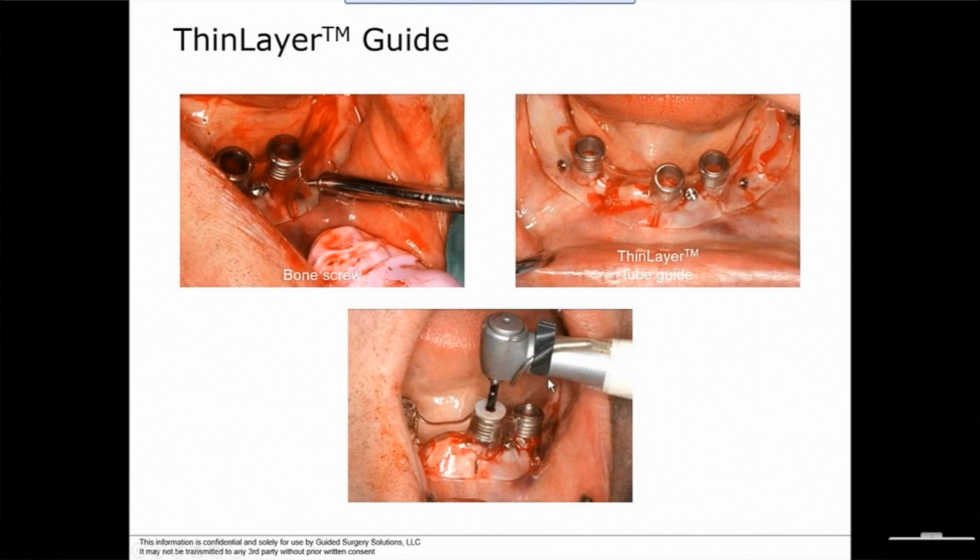And here you can see I'm fastening a bone screw in this position over here. And once it's down, I drill through the tube guide in the conventional fashion. Now, most of you may know this, but the flaps are closed here. But if you have made an incision and the drill isn't a very, very large diameter, when you drill through